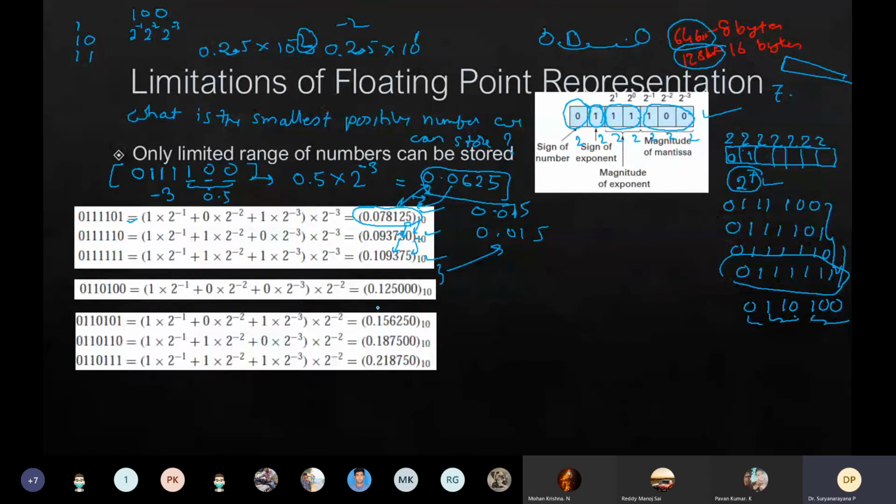After that, again we go through, so with this new exponent, for all this first range of numbers, the exponent is -3. Then you change the exponent to -2, and with that exponent, again, you repeat the same mantissa. The same range of 4 mantissa values. You repeat that again.